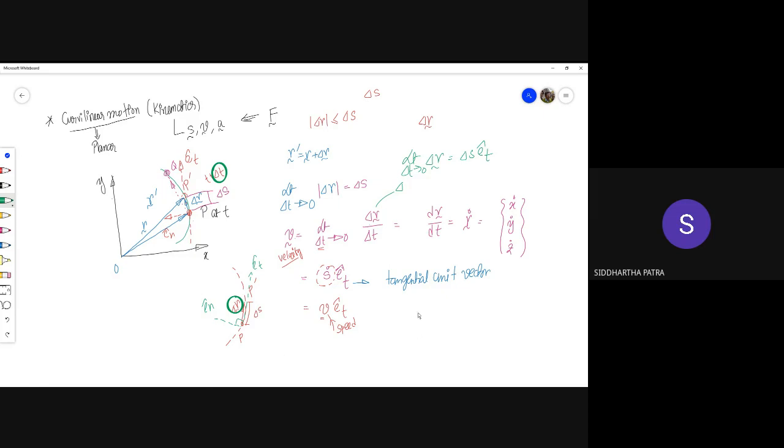So one thing to notice here, if I am plotting the locus of the position vectors, or rather the positions of the particle on a 2D plane, the tangent is the direction of the velocity at any point, and the magnitude, the speed, is essentially the indication of how fast the particle moves through that location.